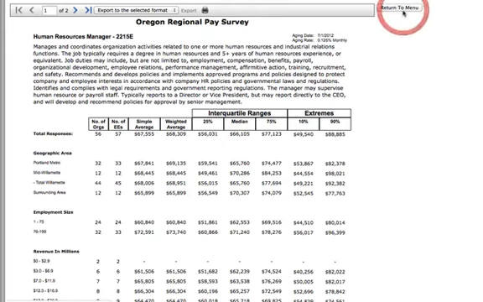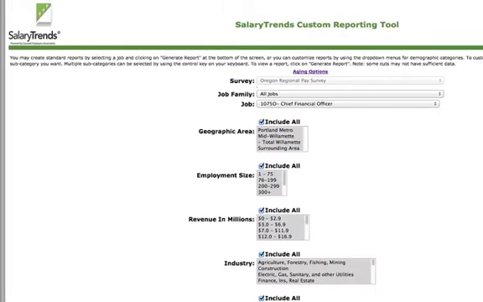So then we're going to return to the menu again, and at this point you could select other jobs, you could cut the data differently, you could go back and even age the data differently, but what we just wanted to give you a brief overview of how this system works. We believe you're going to find it very useful and convenient as you determine the appropriate market practices for jobs